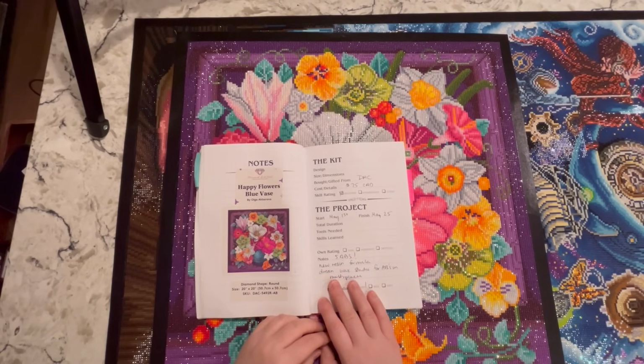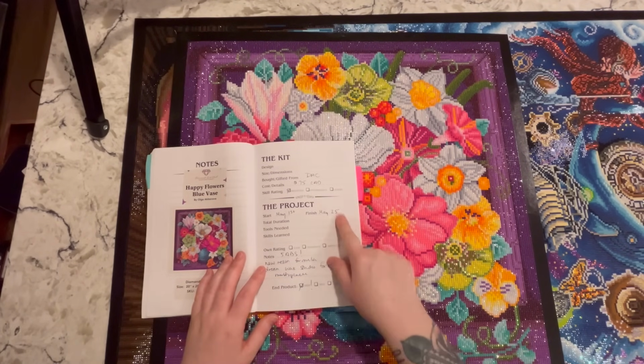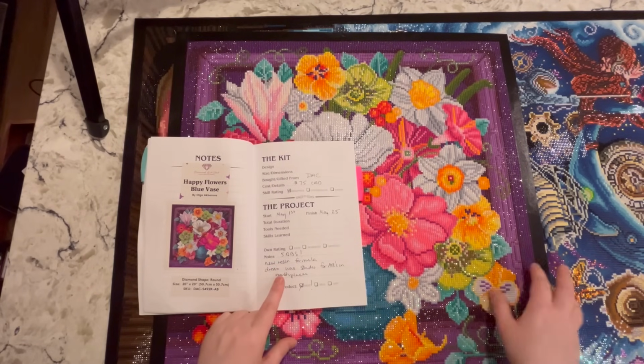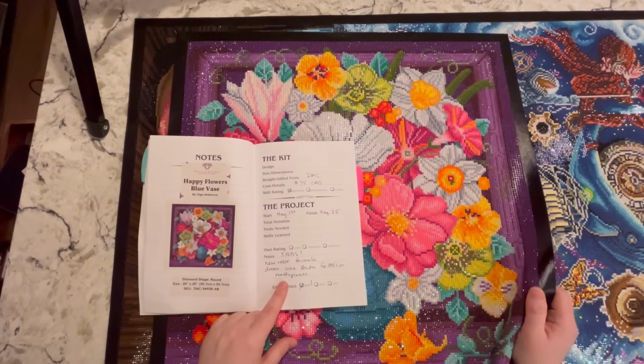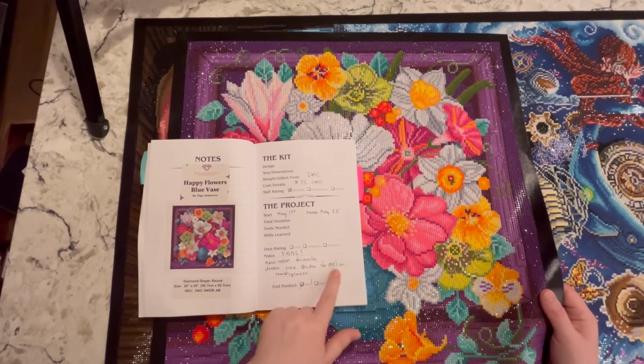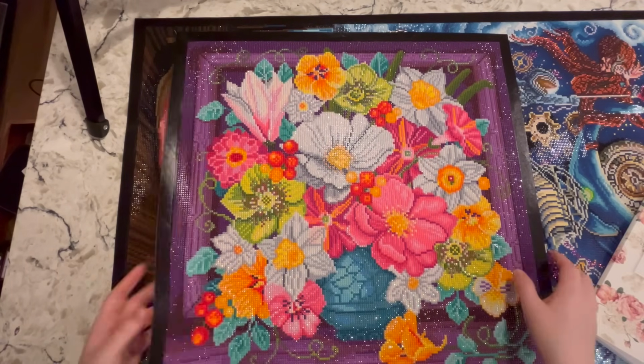This is Happy Flowers Blue Vase by Olga Akbarova, a 51 by 51 centimeter from Diamond Art Club. Only took me less than a month to finish. There were 5 ABs in here. This painting also was when they upgraded their resin formula, so things are a lot more sparkly. And then I wrote down here that I like, with the painting that has a lot of ABs like this,